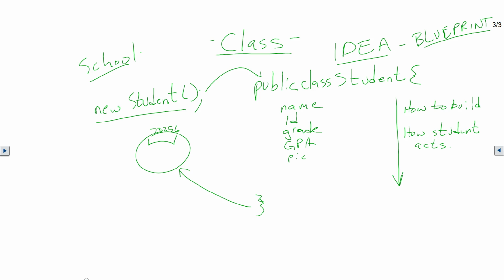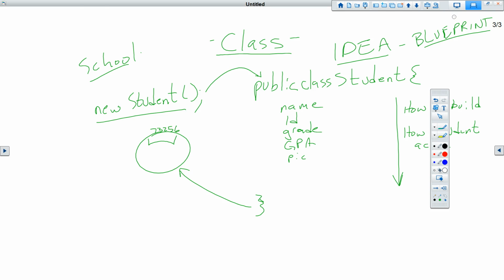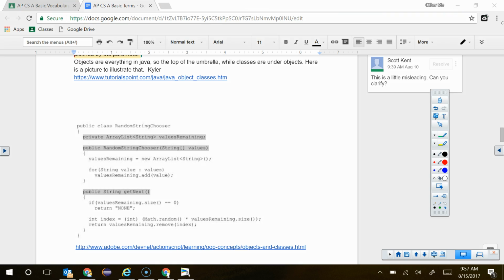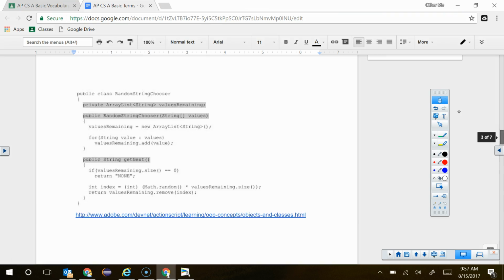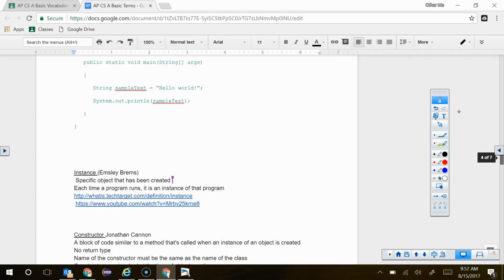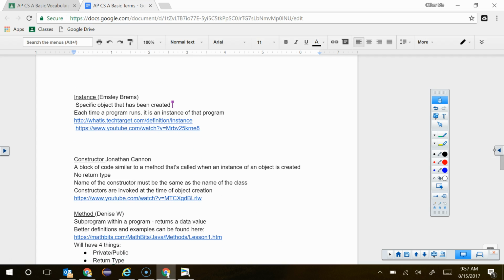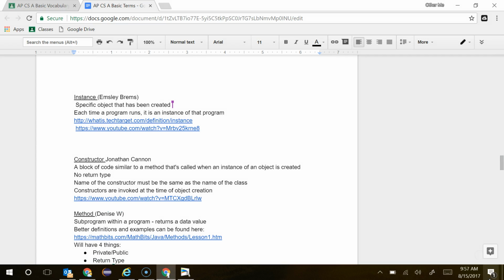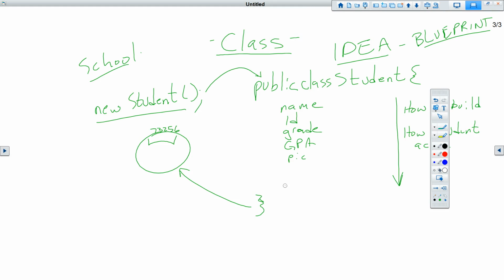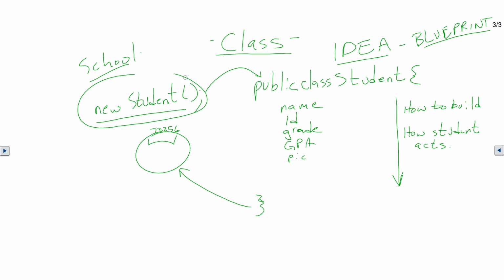Okay. All right. So now let's look at what else we have. An instance. I'm sort of talking about that now. If we go back to here, this creates an instance. So when I say new student,